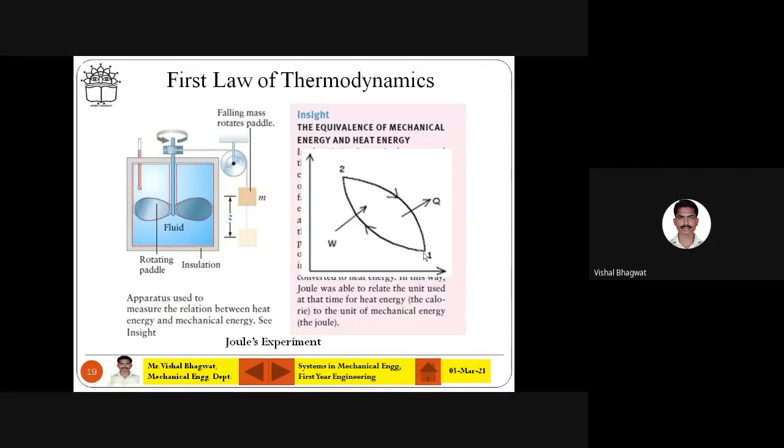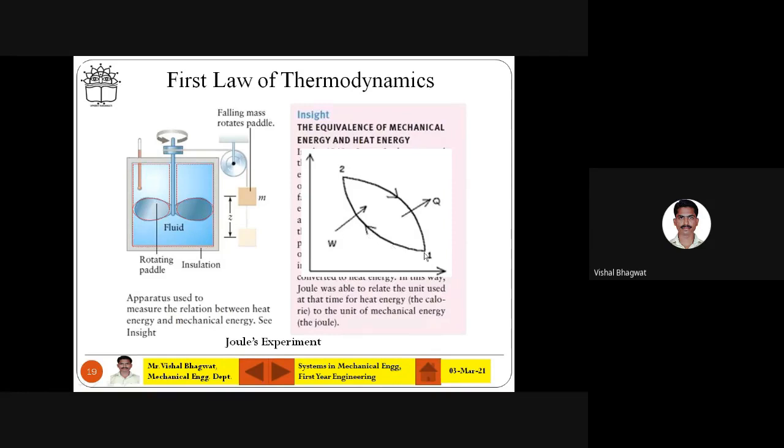So 1 to 2 is the path. 1 is a thermodynamic state, and 2 is also a thermodynamic state, between which you get the work. It's not that for each point you will get different work. There are states. So between state number 1 and state number 2 only, you are going to find out the work input or work output, or heat rejection or heat addition.